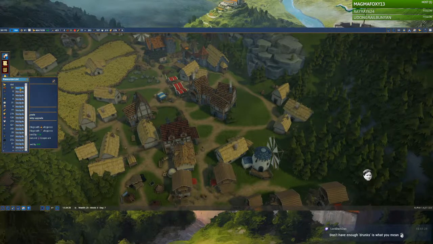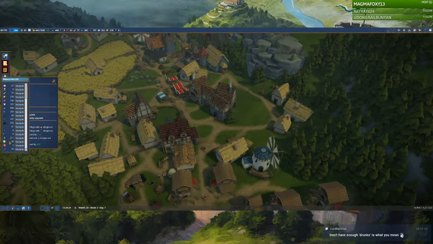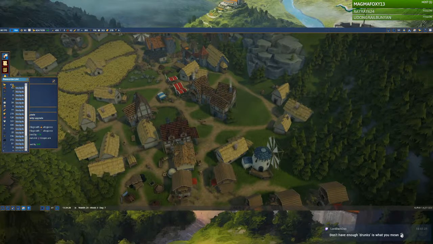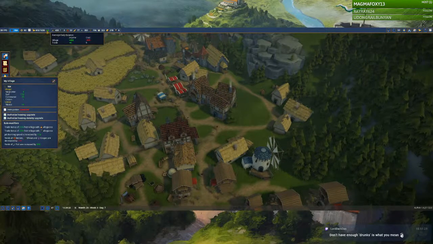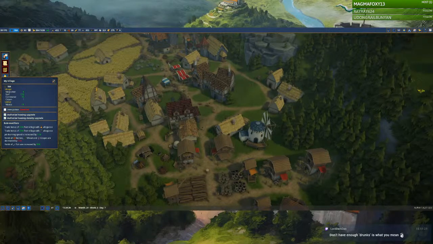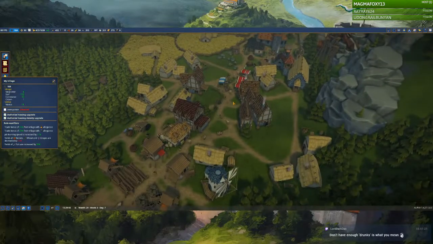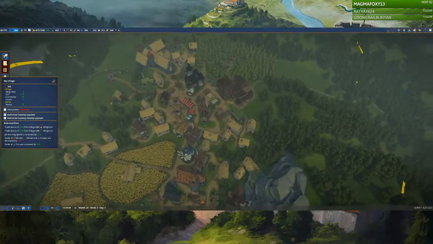Stockpile. Oh, stockpile. So stockpile means that we stop using it and we try to get as much as possible? That'd be kind of cool. We're also only at +4 right now. Don't have enough drunks is what you mean. Yeah, well, the only people that seem to drink alcohol are soldiers, which are up here, and Arkham, which is up here. So we're gonna have to build